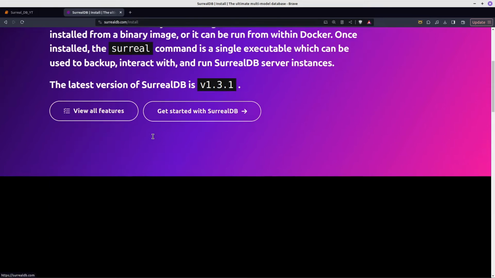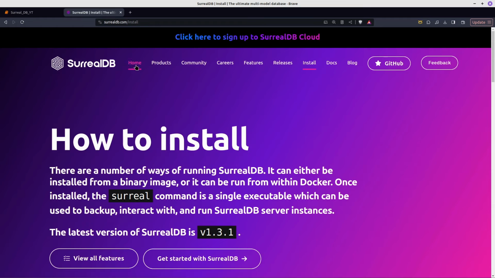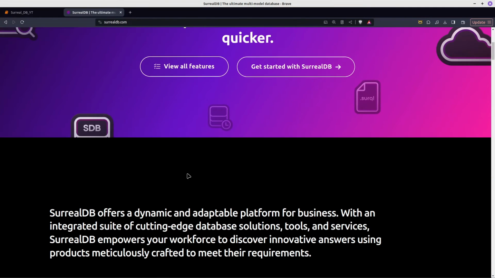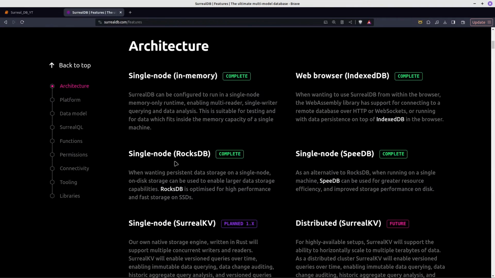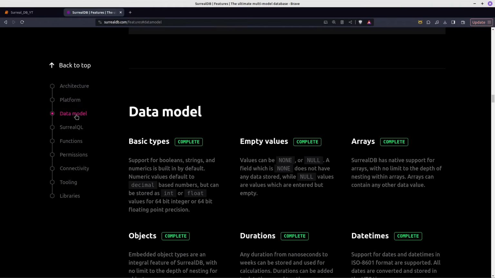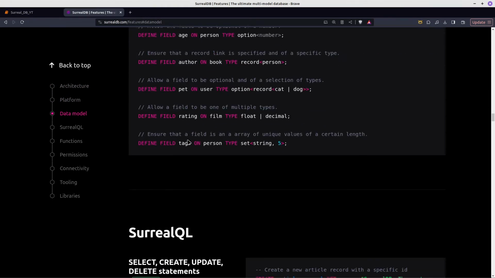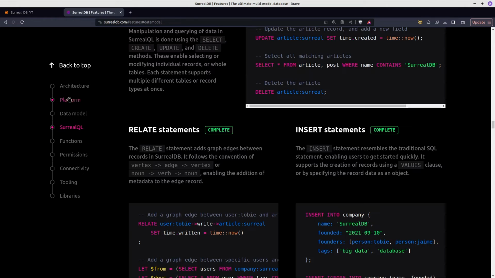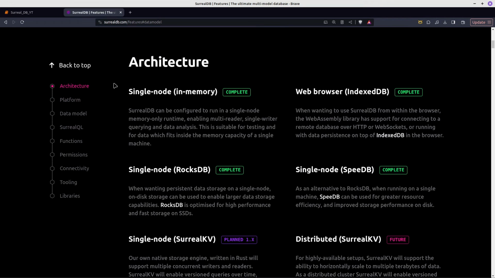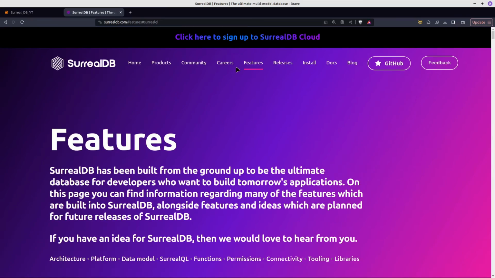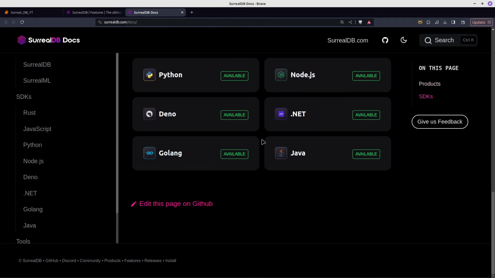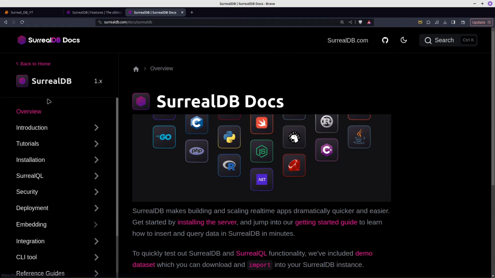Let's go, is it here? View features. Architecture. Data model, I think, isn't it? I'm looking for where it shows you the actual QL. Let's go to docs. There's a nice diagram somewhere, which I'm struggling to find right now, but